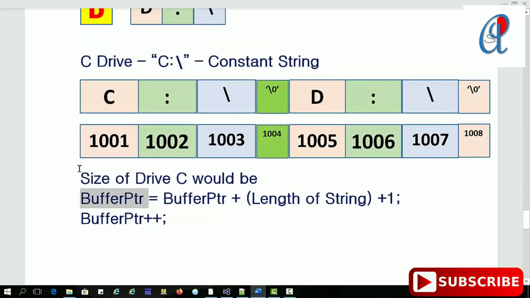This buffer pointer points to the memory address of the first byte, and then I add the length of the string. The length of the string will be 3, plus 1 for the null character. If I do buffer pointer plus plus, then the next time the buffer pointer will point to this 1005 memory address, and so on.